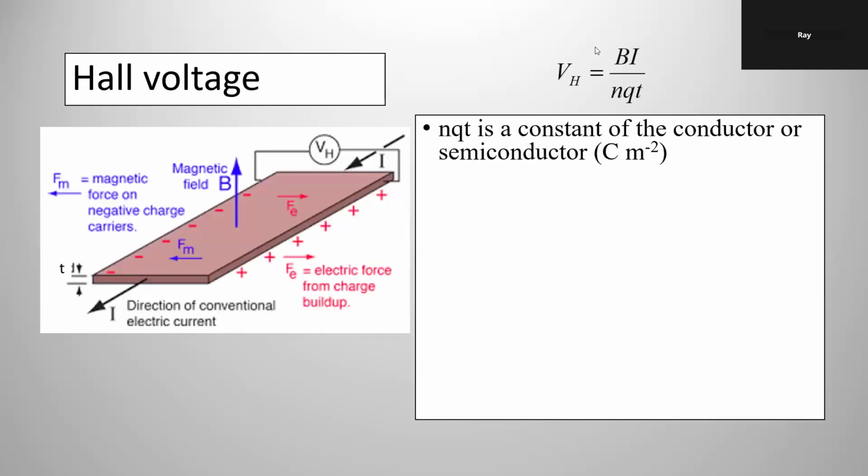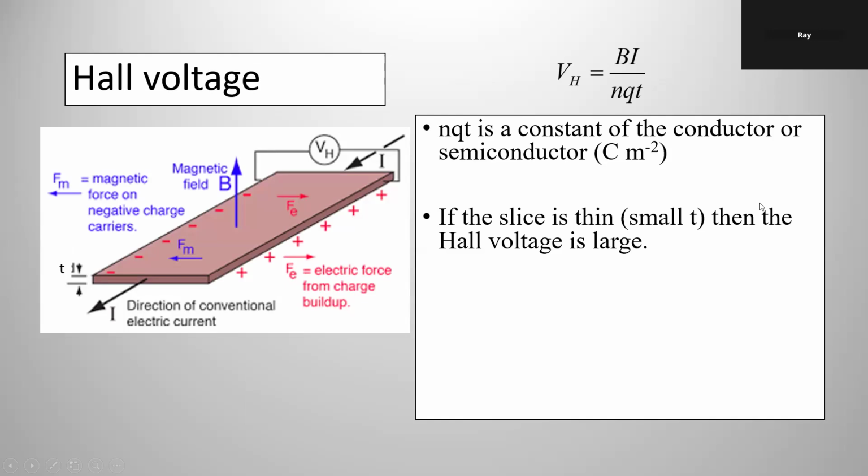Even in a data sheet, you need to know how to derive. nQt is a constant of the conductor. A slice is thin. That's the thickness, small t, when the Hall voltage is large,